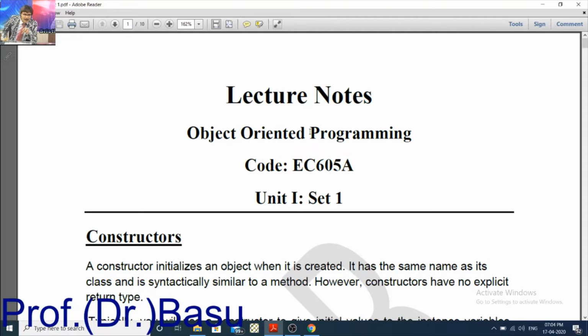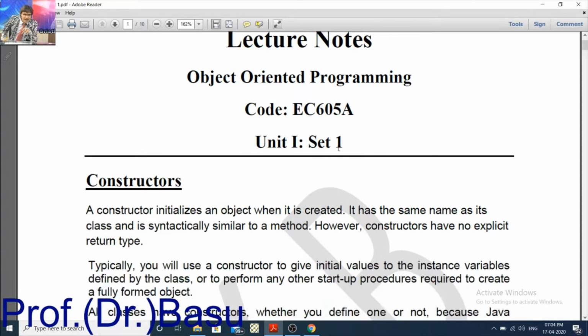So let us come to our discussion. Today I will discuss the first 5 lecture notes that I sent, and I think you have studied them. Starting from the constructor,